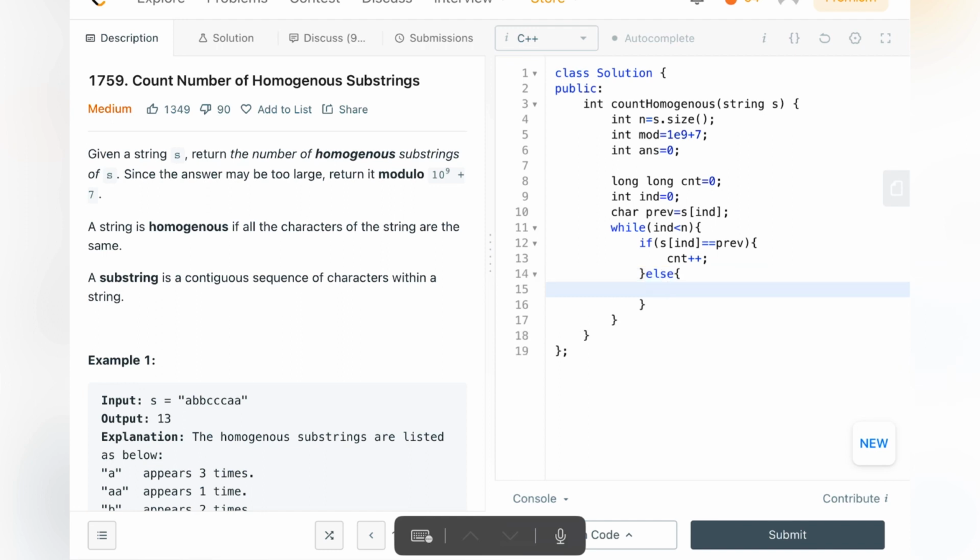First we need to add the number of substrings we can generate from that homogeneous substring to our answer, and the formula is n into n plus 1 by 2. So count into count plus 1 divided by 2, and the whole will be taken mod, right? And then we need to set the previous to the current character, because the current character is different from the previous character. Now we also need to change the count to 1, because